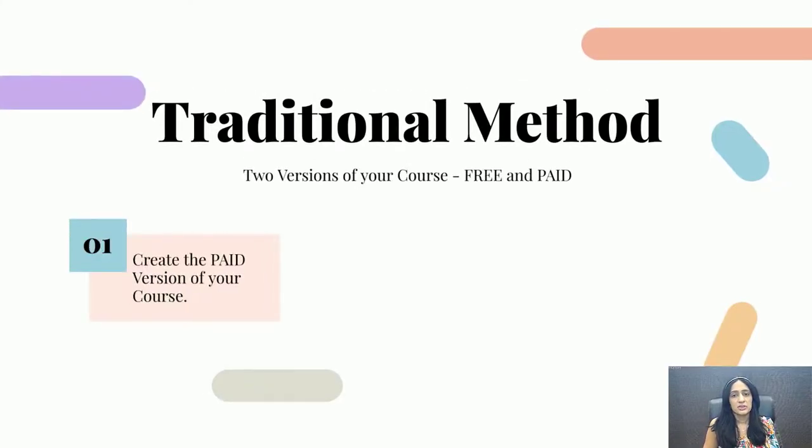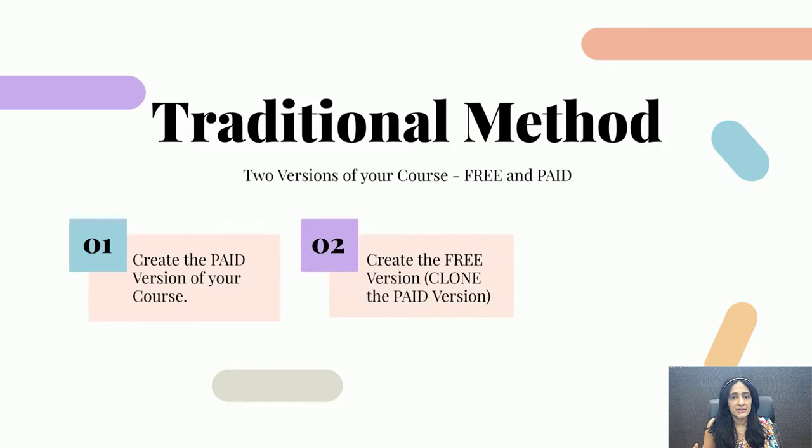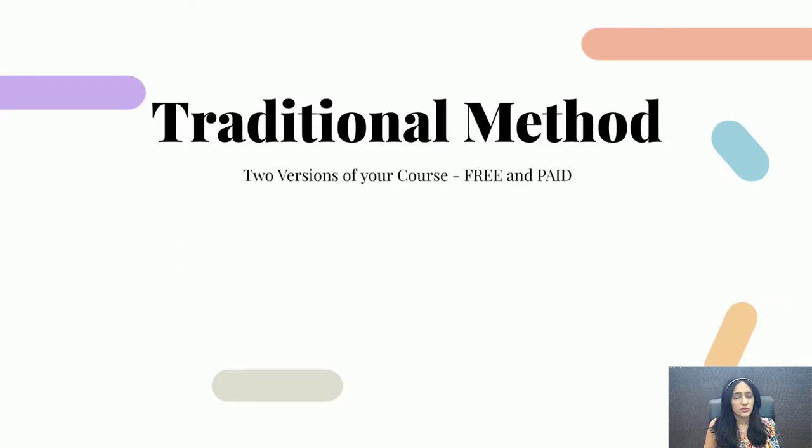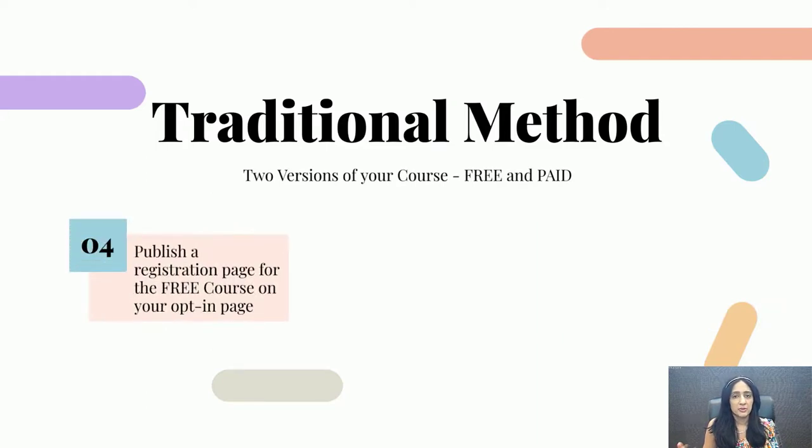So all you have to do is create the paid version of your course and then create another course where you just add some of the lessons there from your paid version. You add some of the lessons in your free version, right? So you have two different courses, the paid course and the free course. And the free course just has a few lessons from your paid course. So you create both courses. And in the last lesson of your free version, you can let them know how they can unlock access to the full version. So once you have the free version, you can publish the registration form on your opt-in page